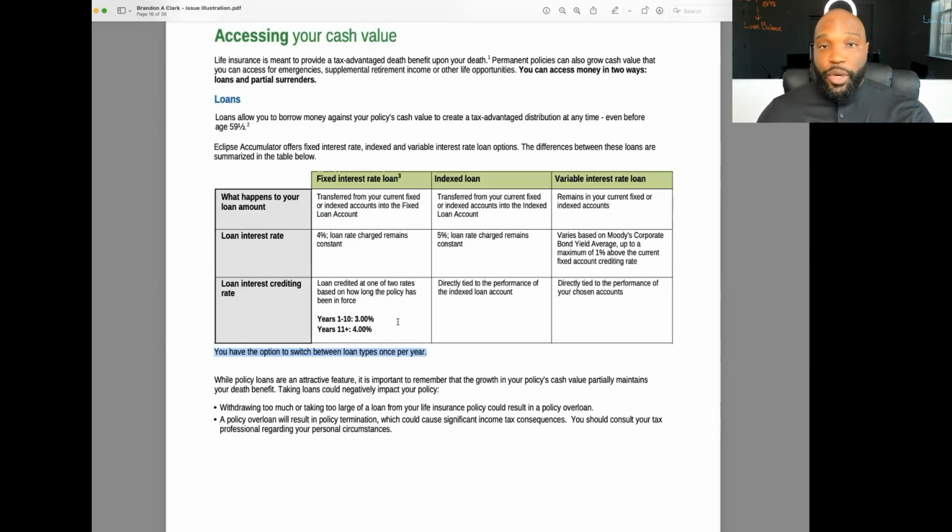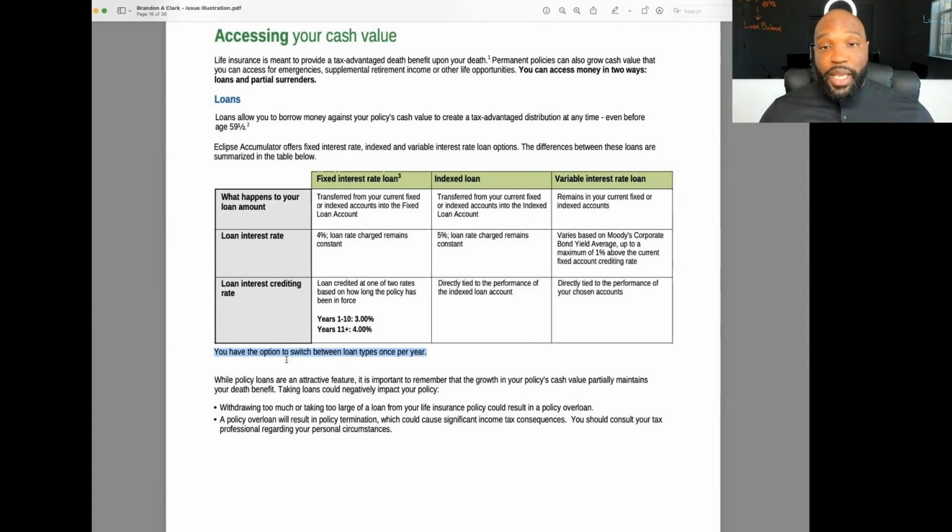So why is that important? Well, let's say you don't think the market is going to outperform the loan rate. You may want to opt for a fixed interest rate loan for the year, where you're guaranteed to borrow at 1% or 0, depending on how long you have the policy, right? Feeling a little bit more bullish about where the market is heading, then you might want to go from a fixed interest rate loan to an index or variable interest rate loan, right? And this is something that you can choose and go back and forth with really at any point in time,